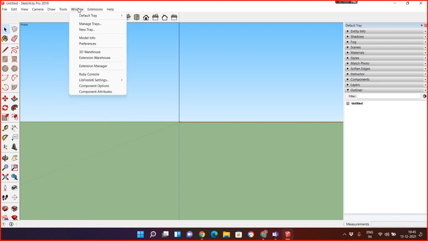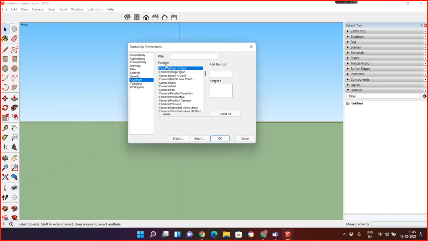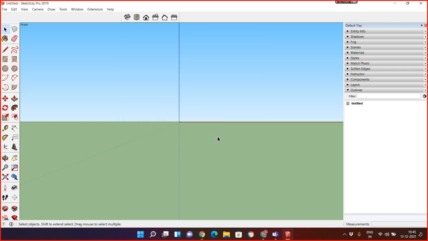If you want to check again, preferences, parallel projection, Control Shift P. For perspective I want Shift P, click assign. Okay, it means now it's assigned.